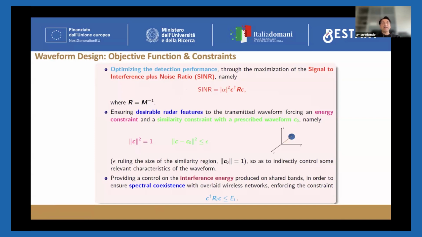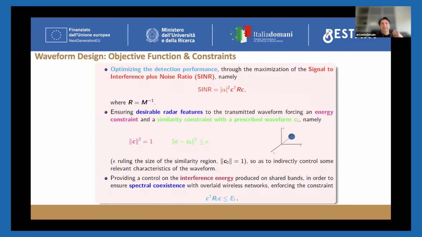Here, the matrix R is the inverse of the interference covariance matrix. And we know that the target detection probability is a monotonically increasing function of the SINR. Then we force some constraints on the transmitted signal. In particular, we consider an energy constraint to comply with the radar power budget. And also, we impose a similarity constraint with the prescribed waveform so as to manage some relevant features of the